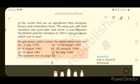As the writer opens the letter, it dates back to the era where World War was fought, 1914-15. World War began in 1914 and ended in 1918, to be precise. We are talking about the First World War. As the writer opens the letter and starts reading, he gets to know it is a letter written during war time, wherein a person called Jim McPherson writes a letter to his beloved wife Connie to share something